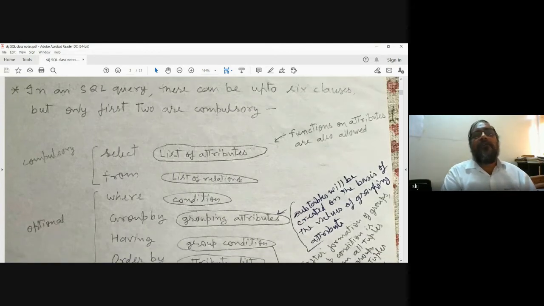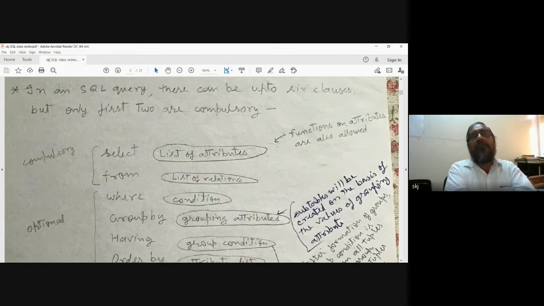Now, in an SQL query, there can be up to 6 clauses, but only the first 2 clauses are compulsory. You understand clause in the English language when we have a sentence, right? A part of the sentence, like principal clause, dependent clause, independent clause. So a part of the sentence we call a clause. Similarly, a phrase is also a combination of a few words.